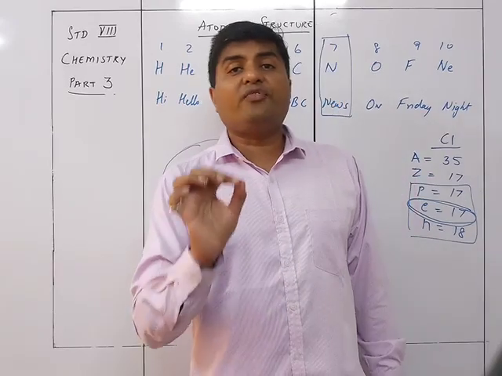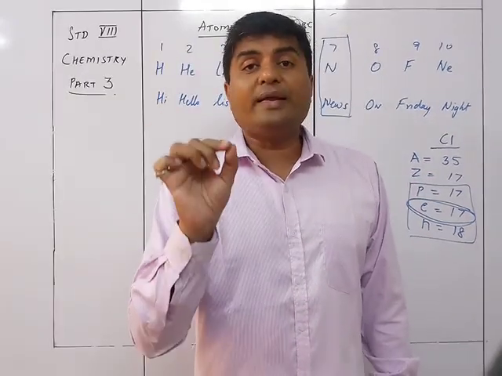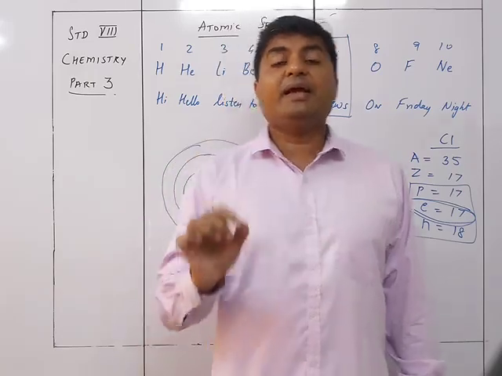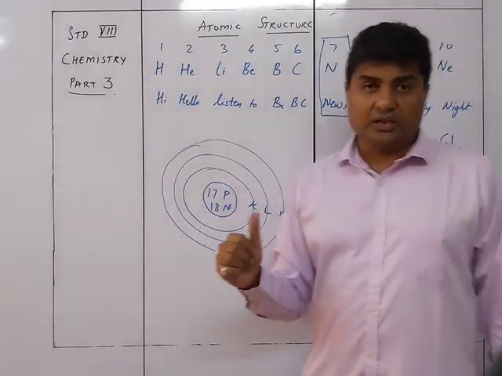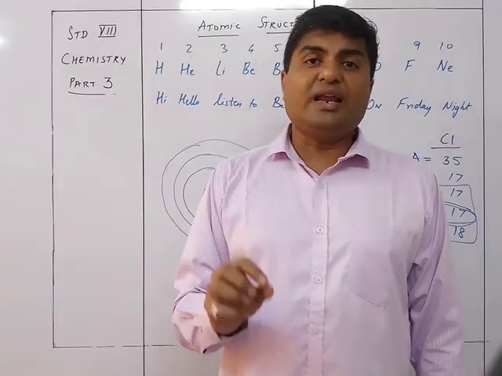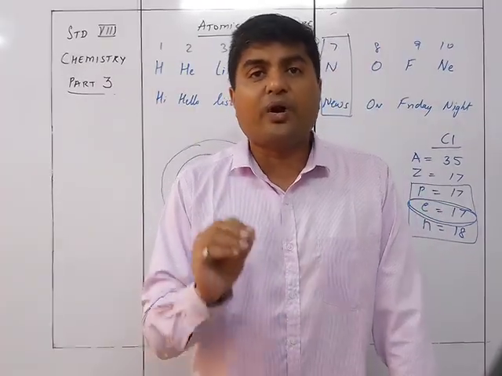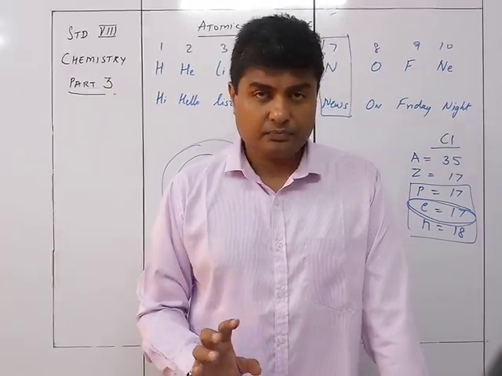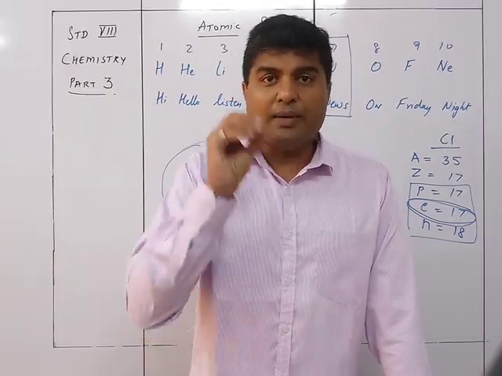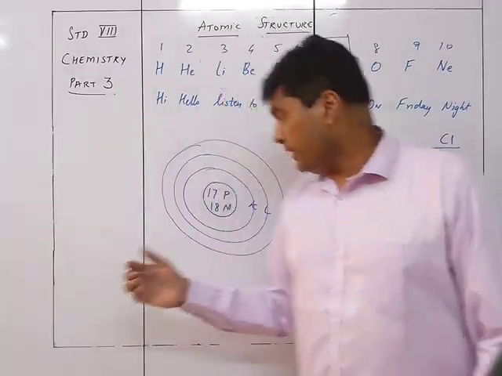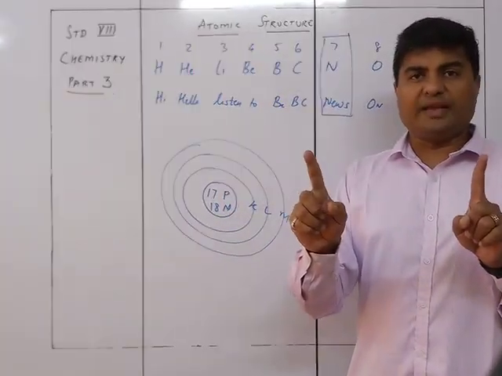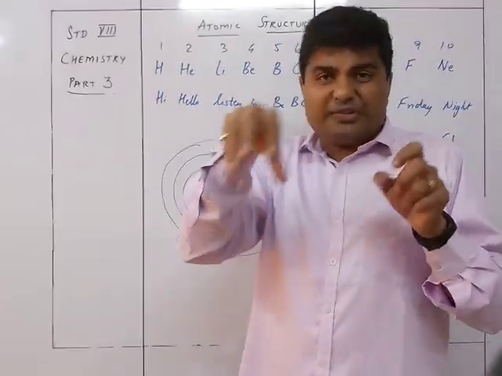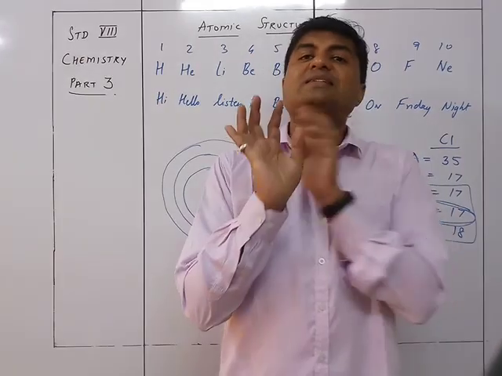Now electronic configuration tells you the number of electrons that can be there in each and every energy shell. Each and every energy shell has got a limited number of seats for the electrons to be placed in it. Okay, so there is a number of seats. Like, understand that here this first orbit has two chairs inside it, after that 8 chairs, then 18 chairs. So there are a number of seats where that particular electron can sit.